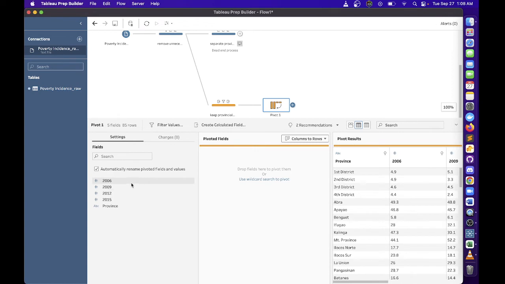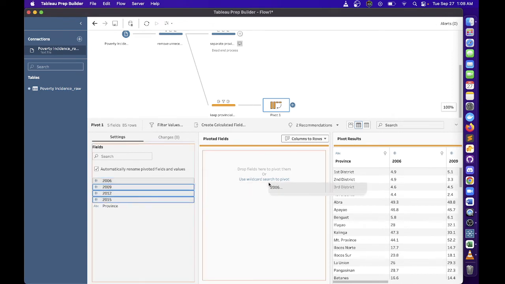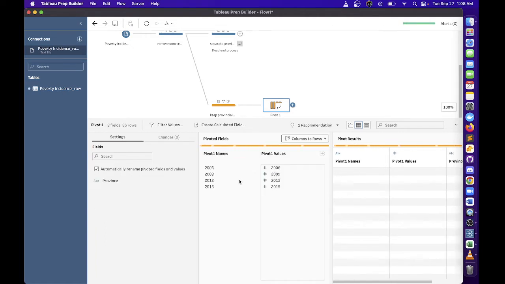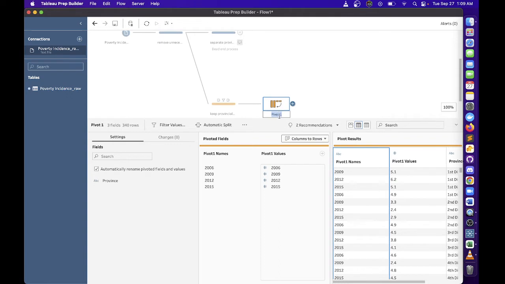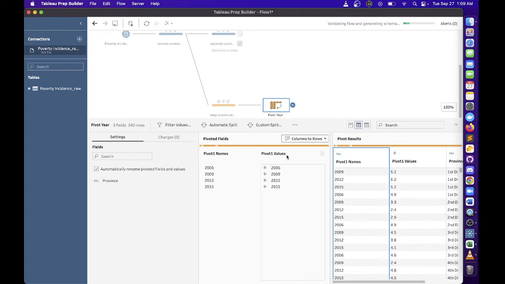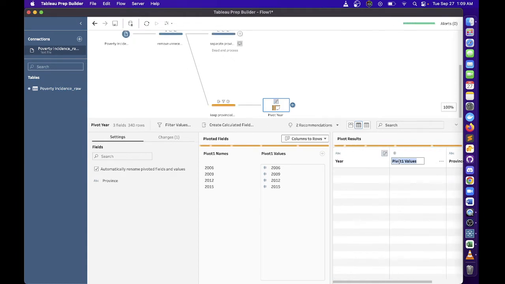And then let's drag all the data here, all the years, and drag it to our pivot field. And now we will have a field for year and the poverty incidence. So let us rename this one. The step here is to pivot the year columns so that they become rows. Then let's rename this one. I'll call this one year. Then this one is poverty